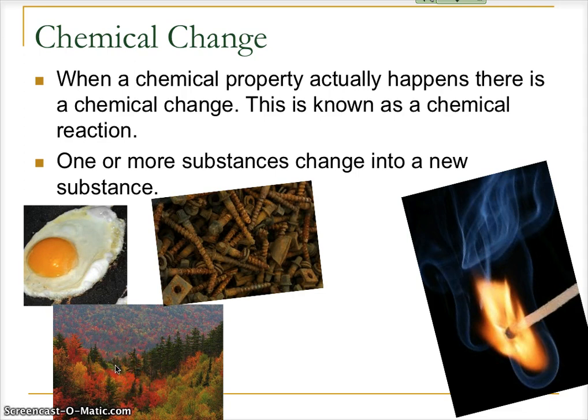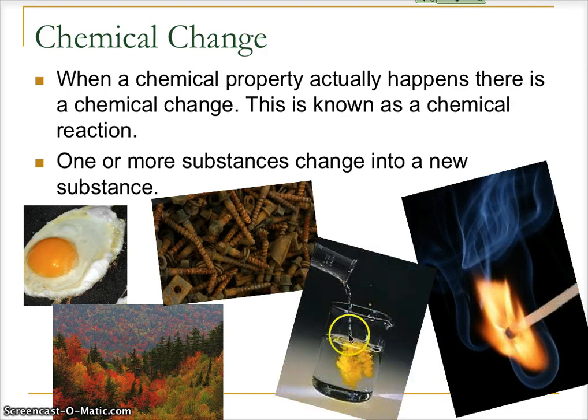The changing of leaves in the fall, that's a chemical reaction that is occurring. The chlorophyll, which is green, is decomposing, leaving behind other chemicals, carotene, and there's another one, I forget what it's called, that have different colors, and so those colors begin to show through. The chlorophyll usually masks those colors because of its strength in the leaves, but in the fall that chlorophyll disappears, allowing the other colors to come through. And then here's a chemical reaction. Nice, pretty color change occurring as a new substance is created. When these two clear liquids are poured together, a bright yellow substance is created instantaneously. And so those are chemical changes.